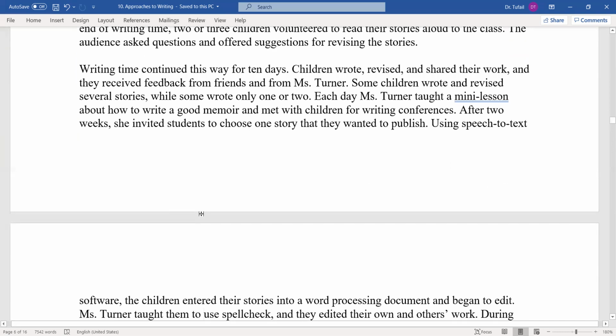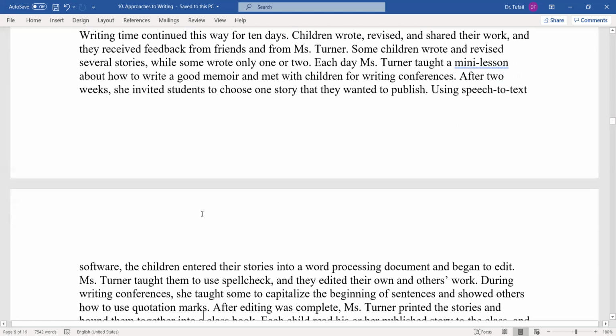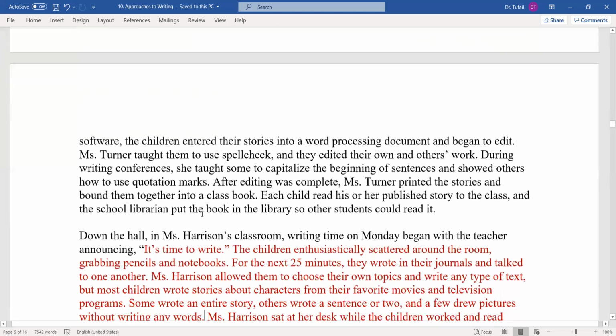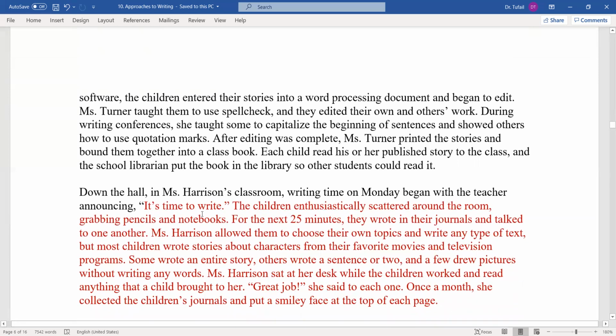This way, the writing continued for 10 days, and children wrote, revised, and shared their work, and they received feedback from friends and from Mr. Turner as well. Here you see that students are giving feedback and teachers are giving feedback, and that is the process. This process goes on with mutual and reciprocal feedback, and then after that they come up with their final draft. And the third writer, Mr. Harrison's